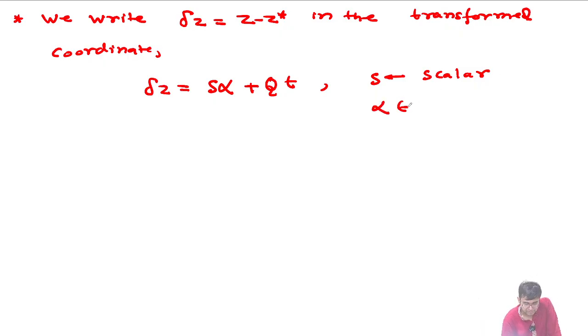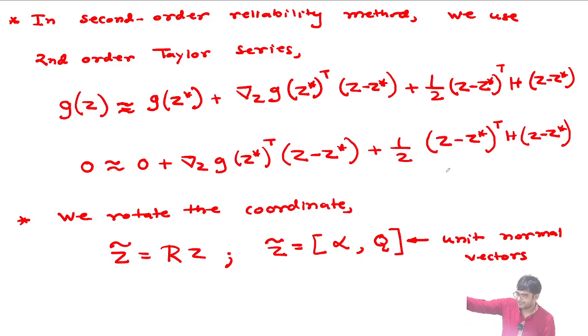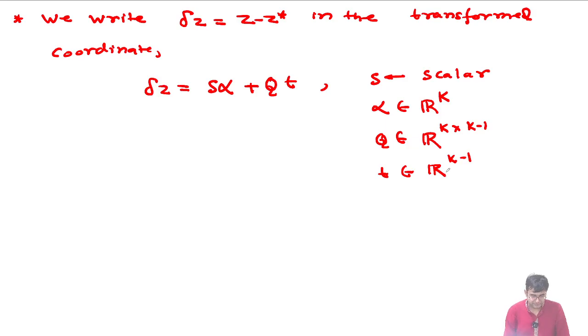Alpha, the dimension is k. Q, the dimension is k cross k minus 1, and t, the dimension is k minus 1. And now if you do the calculation, you will realize that it's consistent. Okay, it's consistent. And then I said that now I want to take everything into this coordinate. So how will my Taylor series look like on this coordinate? And for that there was one more thing I did, which was